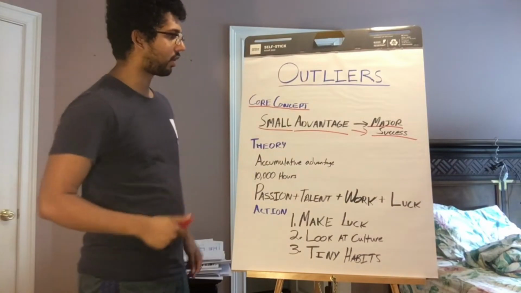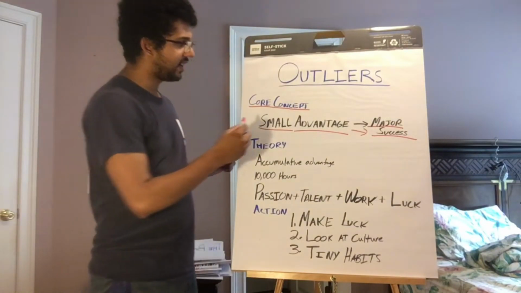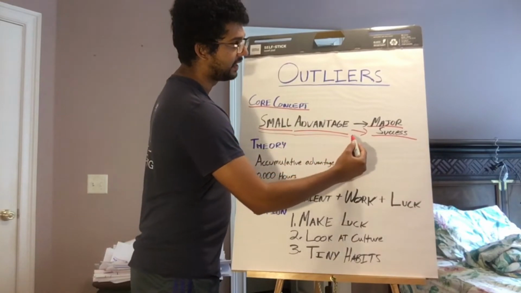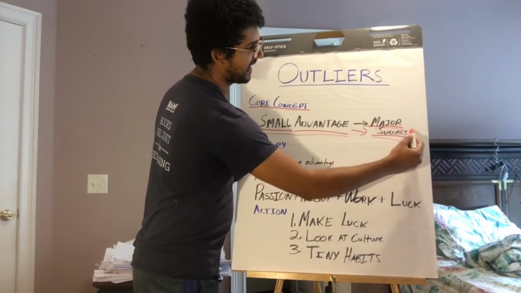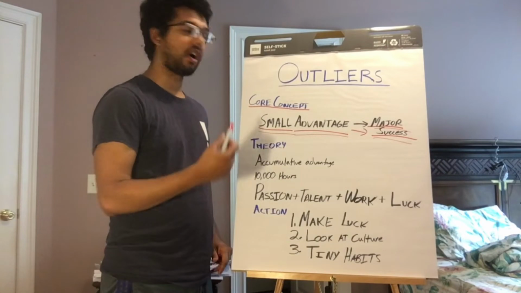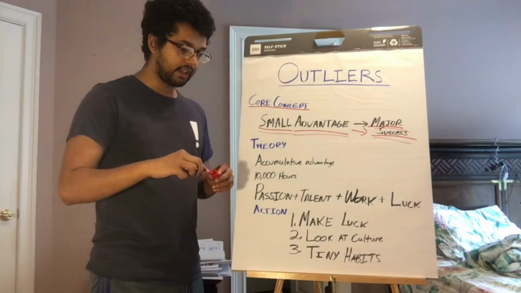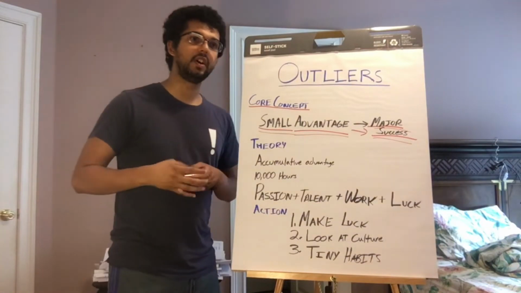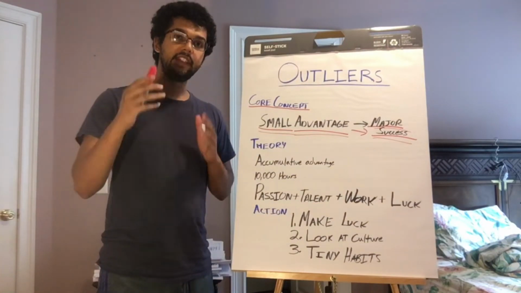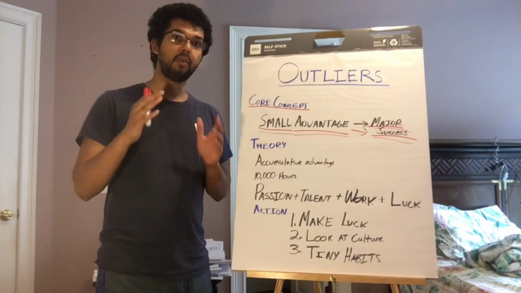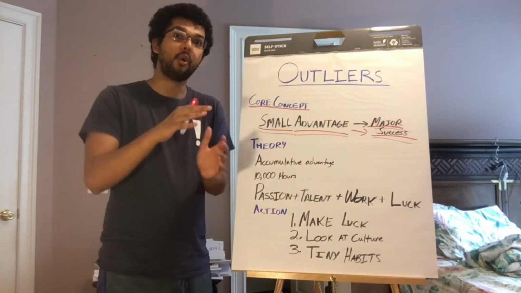So what is the core concept of this book? It is the idea that small advantages lead to major success. Small advantages often lead to major success. What Malcolm Gladwell found was that kids who were the older individuals in their grade, like the ones who were born right before the cutoff date,